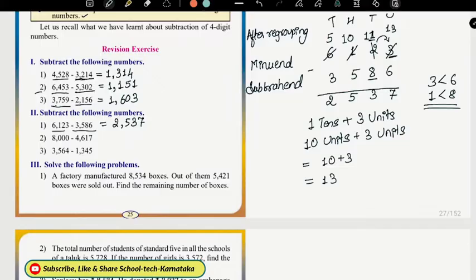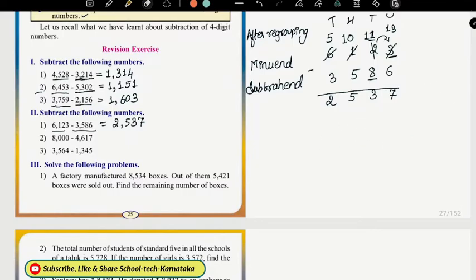There is a trick to find if we have found the right answer. So there is a trick to understand or to confirm that our answer is correct. So what is the trick? When we add the subtrahend and the answer, we need to get our minuend. So that is